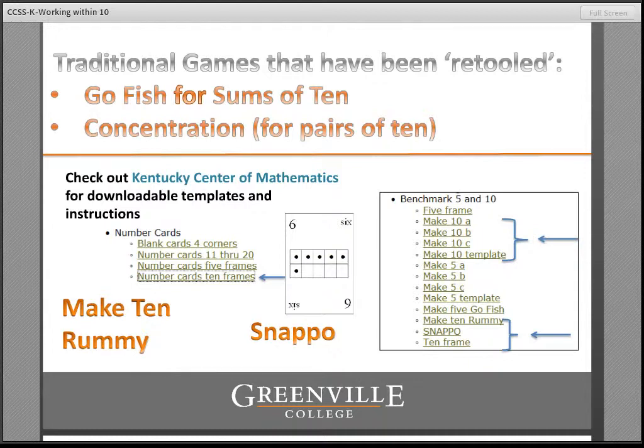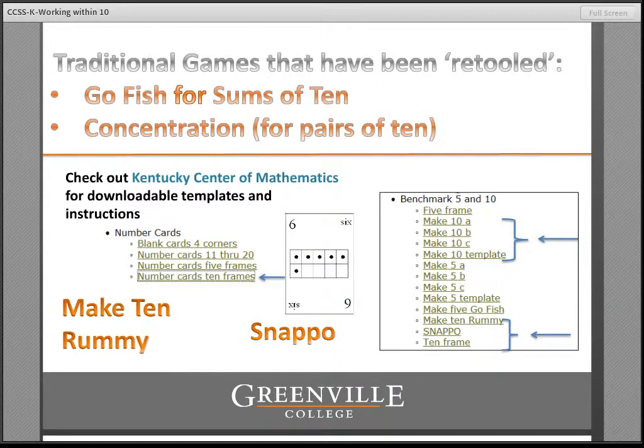The 10 frame cards are the kind of card you see in the middle of this page, and the Kentucky Center of Mathematics is the resource I recommend for printing the free downloadable version of these cards that you can then print onto cardstock. The Kentucky Center of Mathematics has many really amazing materials that you can download, but it's kind of hard, I find, to find the exact thing you're looking for. So I've included some screen images of the list you're looking for and with an arrow pointing to the exact item. So the number cards 10 frames, that's the one you want to click on to get the template for